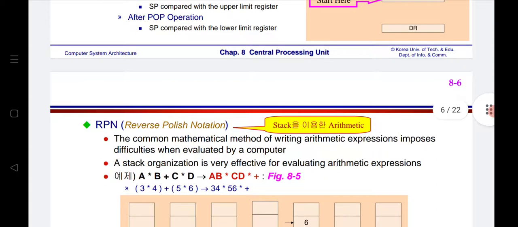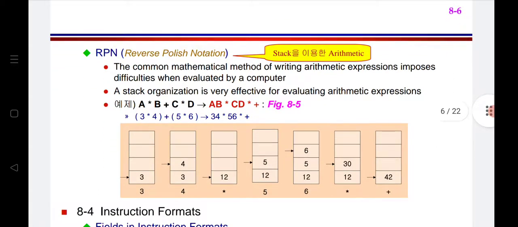Now let us go with one type of notation, which is known as RPN notation. It is one of the important questions in your final exam. He will give you some equation and ask you to write it in reverse Polish notation. For performing stack arithmetic operations, in the starting stages we used the stack memory to perform the operations. That is nothing but reverse Polish notation.